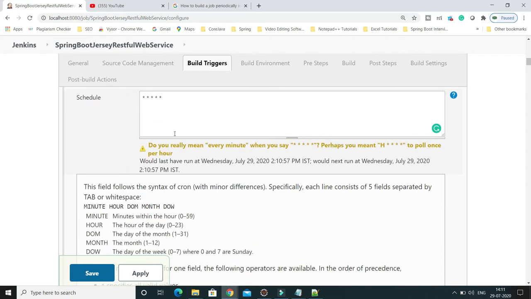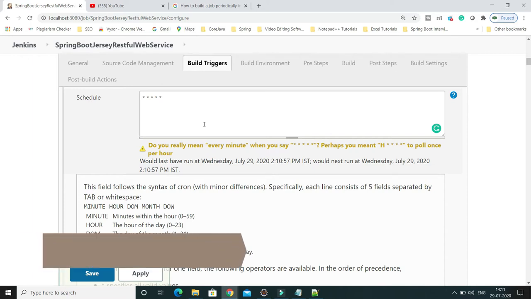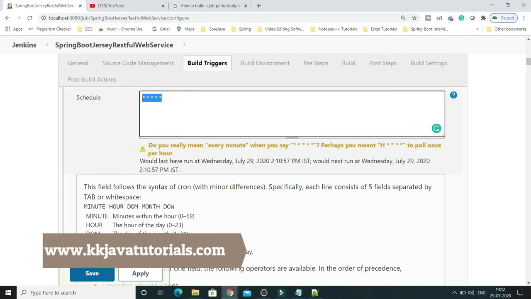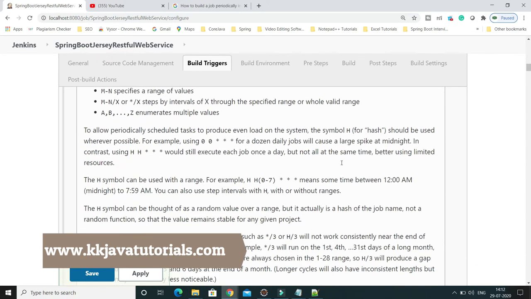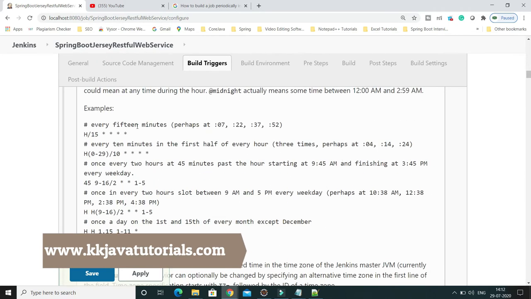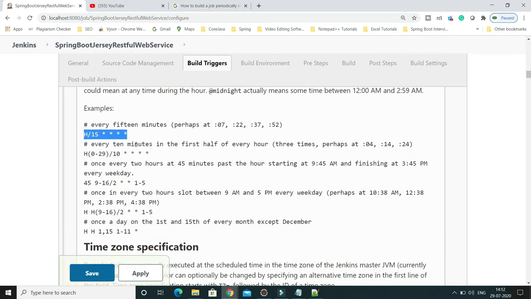Five stars means every minute this job is going to run, and that is not good. Every minute you don't want to schedule a job. But if you don't want your job to run every minute, you can specify other cron expressions.